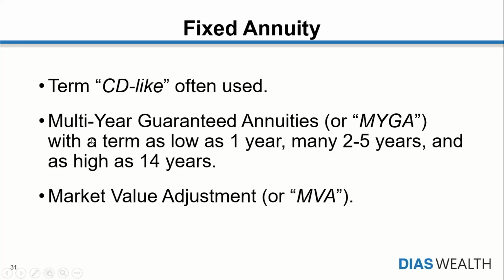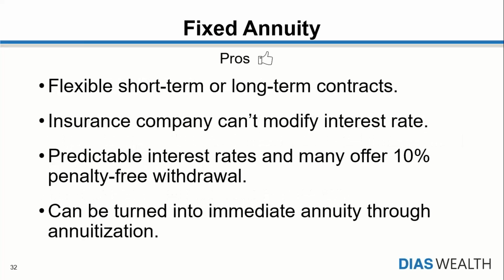What they're typically referring to, the name of this type of fixed annuity, is called a MYGA. There's different types, and you need to make sure that you read the contract correctly. But for this one it's the MYGA, multi-year guaranteed annuity. You can choose a term as low as 1 year. Most are 2 to 5 that I structure. And high end is about 14, maybe even 15 years. They use a market value adjustment. We go over what a market value adjustment is in the next webinar. The term I use is MVA, or sometimes what I say is maybe valuable afterwards.